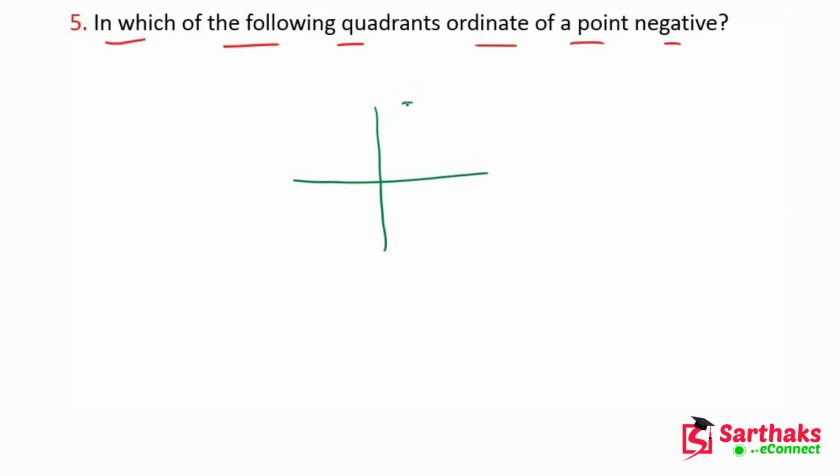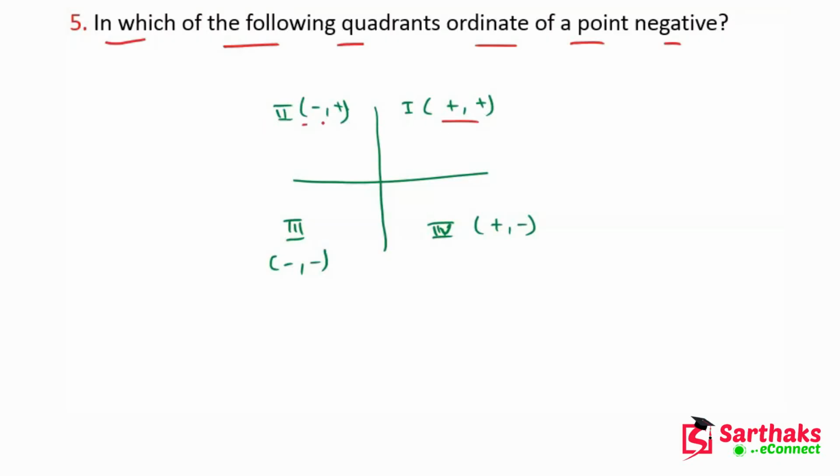This is our first quadrant, this is the second quadrant, this is the third quadrant, and this is the fourth quadrant. Here is positive, here is negative, here is negative, and here is positive, negative. My dear friends,